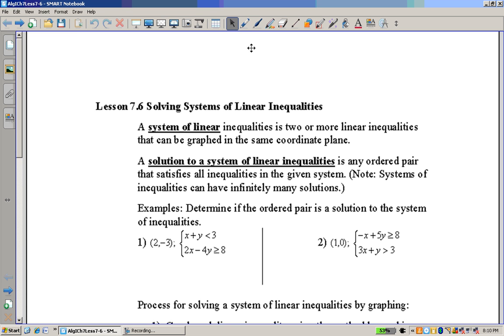We're continuing our unit on systems of linear equations or inequalities. Today we're going to look into solving systems of inequalities. And just a couple quick reminders. Remember, if we have an inequality, you could have a solid line for your line. You could have a dotted line. And of course, you could shade above or below the line, or if it's a vertical line, to the left or the right. And so there's a few things that you need to keep in mind when you are graphing